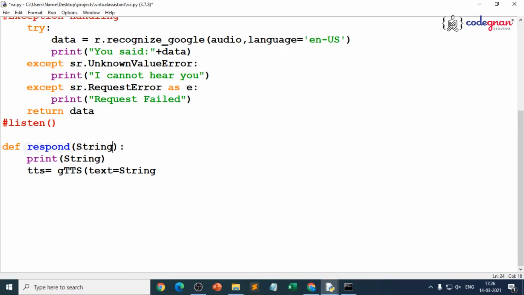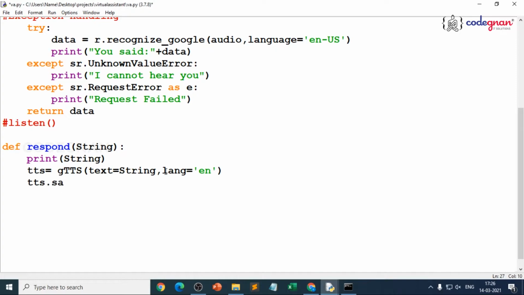Because in my case I may tell hello Saket, how are you? My virtual assistant should greet me in that way. In your case you can give it your own way. That is the reason I'm not giving the text directly here. I'm taking the function argument. We have already learned about the importance of arguments: positional, keyword, default. The same thing happens here, so don't worry about it. So here text is equal to string, and the language we use is English. That should be mentioned here, which we did not do earlier, but it should be done. So now we just need to save it here.